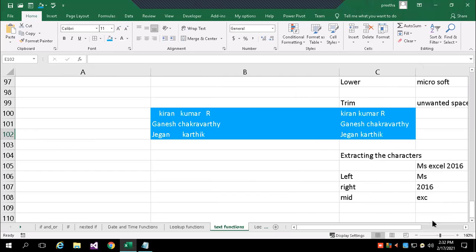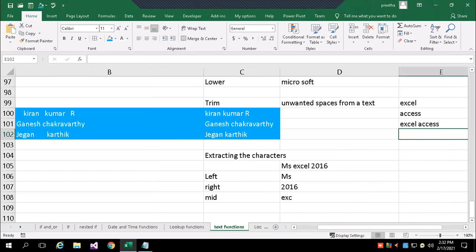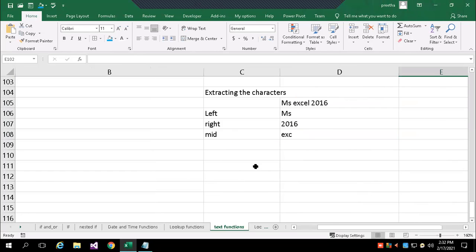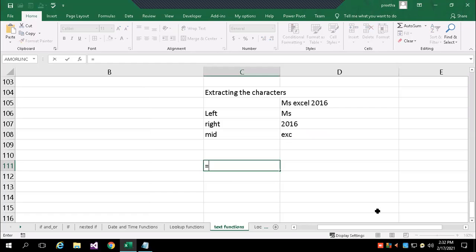So these are all the basic functions. In that, one more function I should mention: length. For example, if I say length of one text, I type directly Excel. Now I can get the length. Length means the number of characters, including spaces, alphabets, and symbols. Now you can see it's showing me 5. So the word Excel consists of 5 letters.